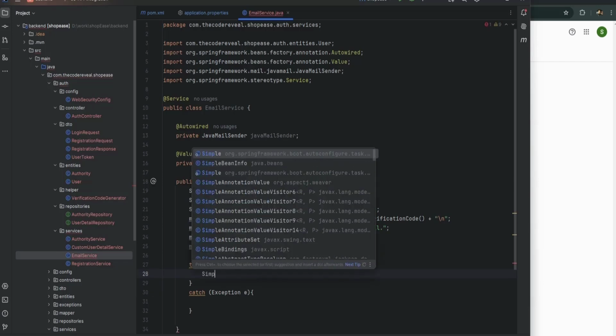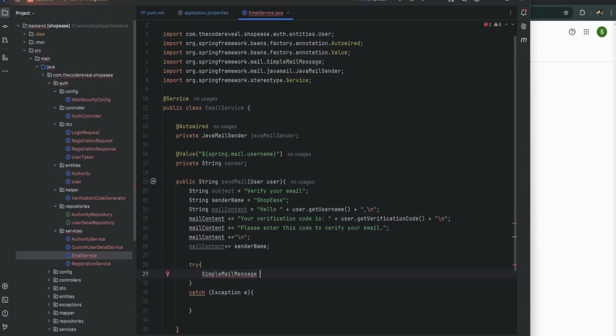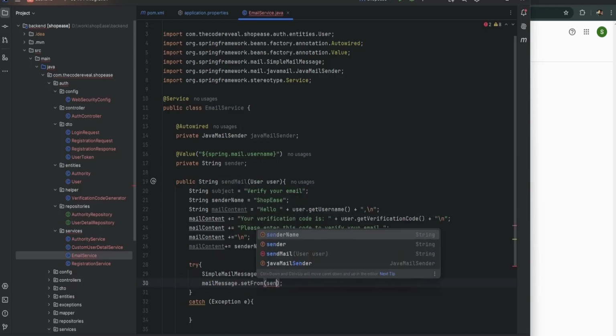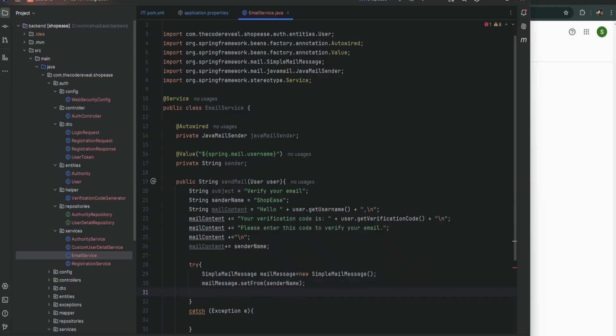Okay, so here we'll put a simple mail message, new SimpleMailMessage. Then we'll call mailMessage.setFrom. Here we'll put the sender name, and then